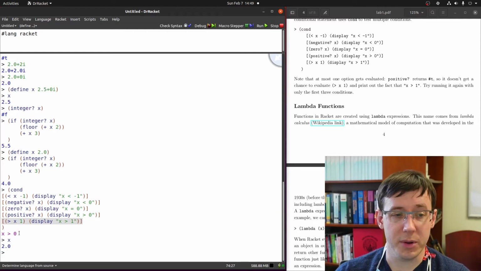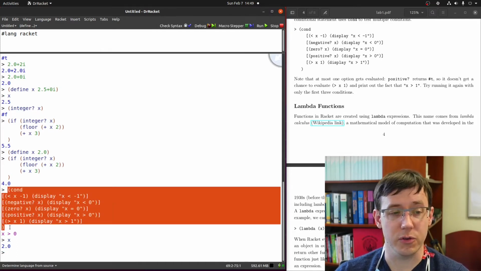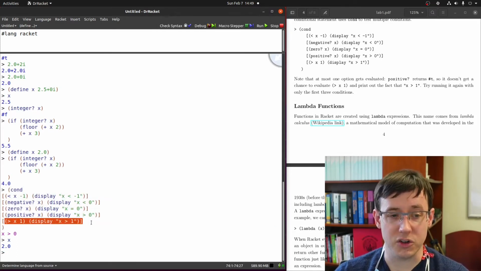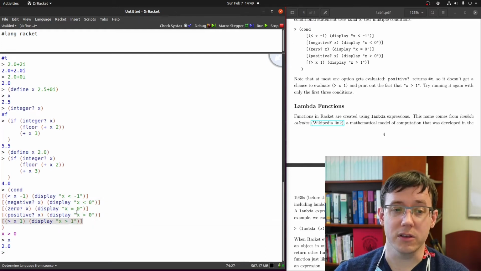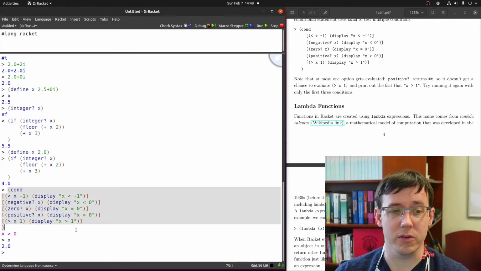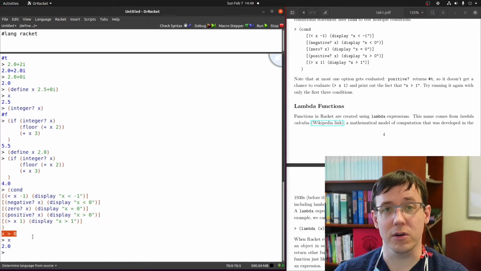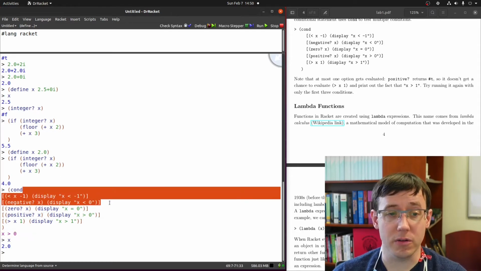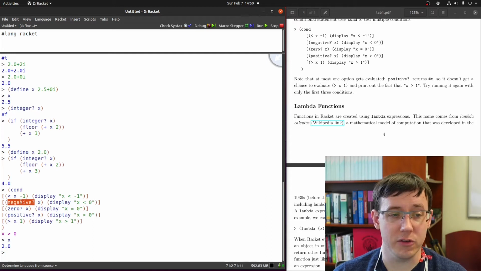And so what's happened here is that the first of the conditions to evaluate to true was triggered, and then the condition expression was done, so we didn't get a chance to print out that x is greater than 1. As soon as we saw that x was greater than 0, we produced the output x greater than 0. If we wanted our 5 cases to be all mutually exclusive, we would need to change the negative and positive